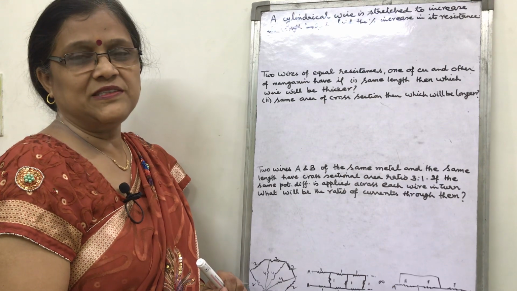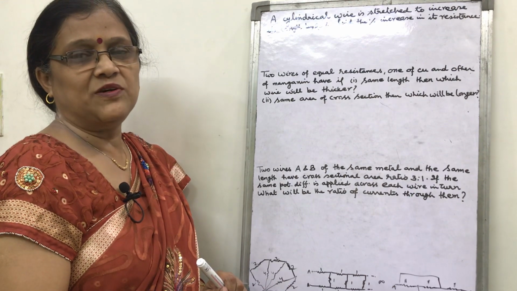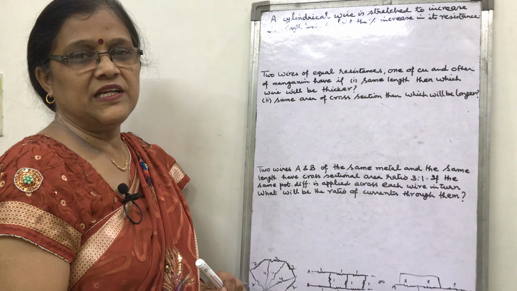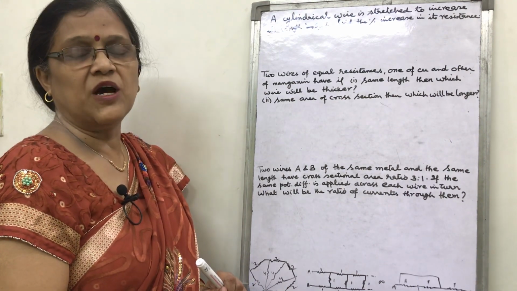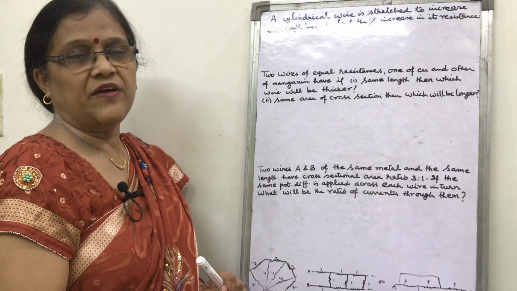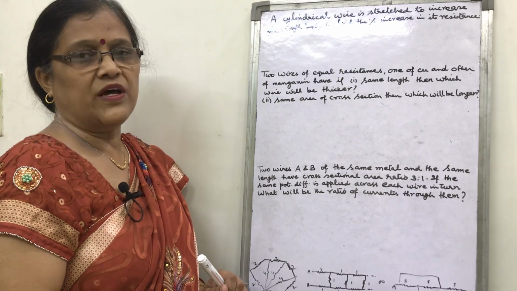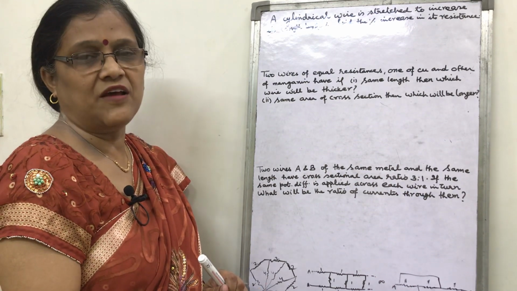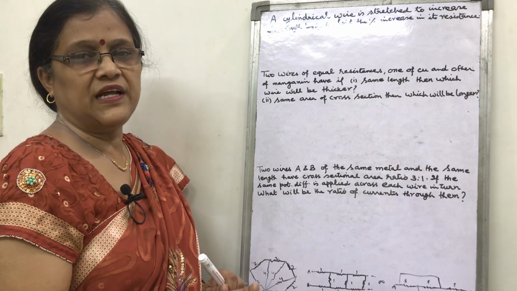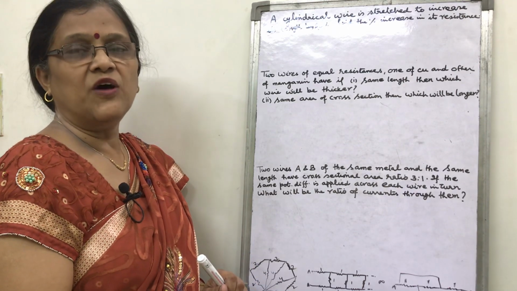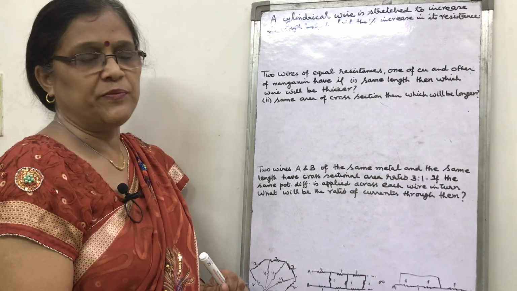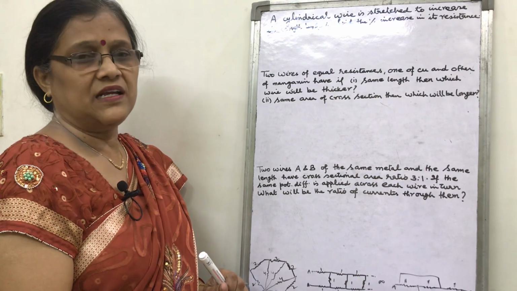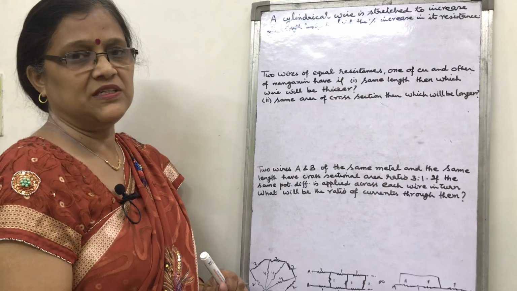Today I will discuss some more questions based on calculation of resistance, in which various combinations of resistances are given. Suppose that happens, how will you find the equivalent resistance? If a wire is stretched, or wires of different materials have the same resistance but different length and area of cross section, how will you find which wire will be longer or which wire will be thicker? So many questions like this are to be discussed.